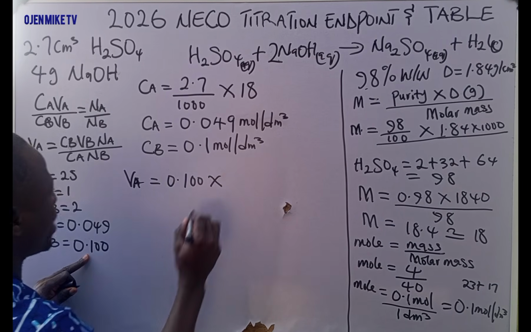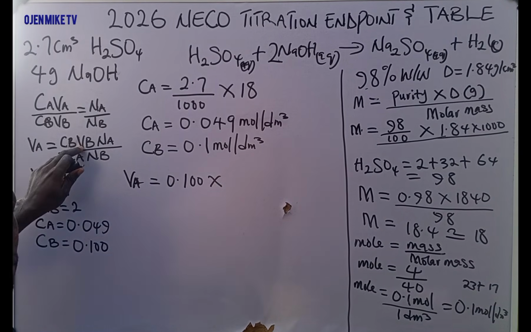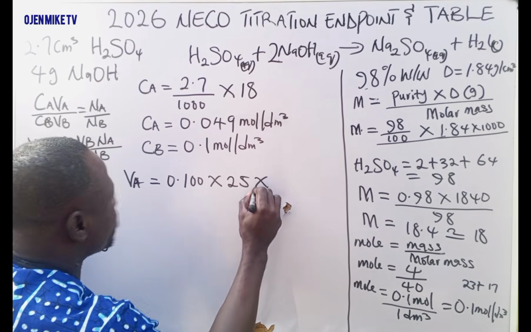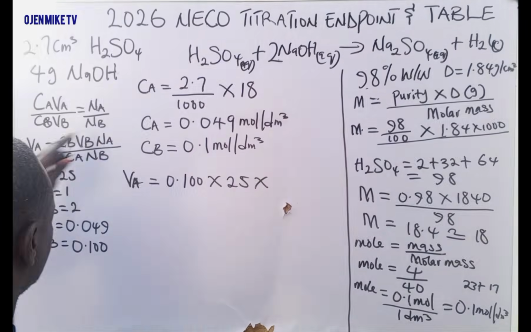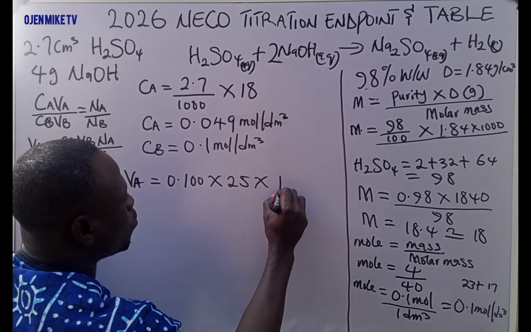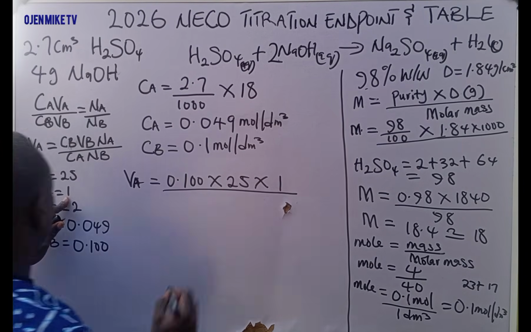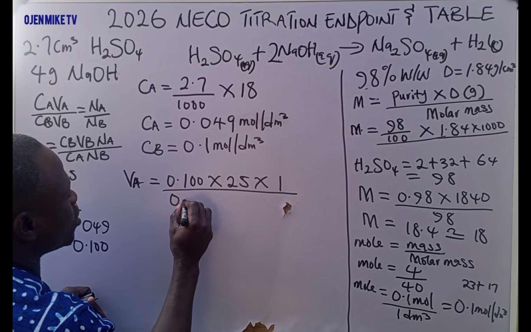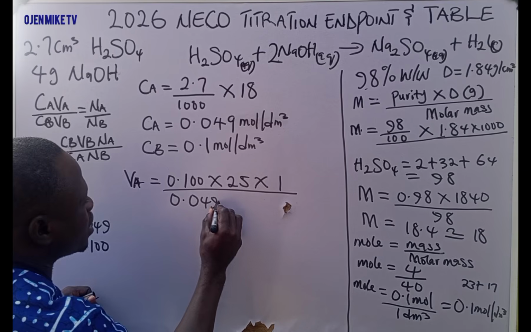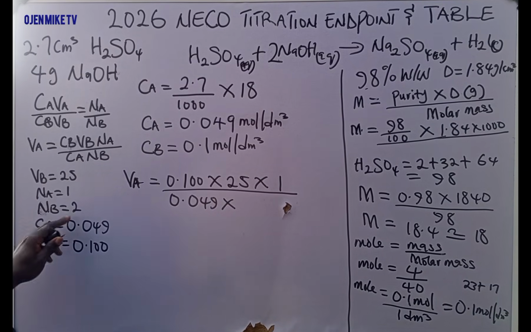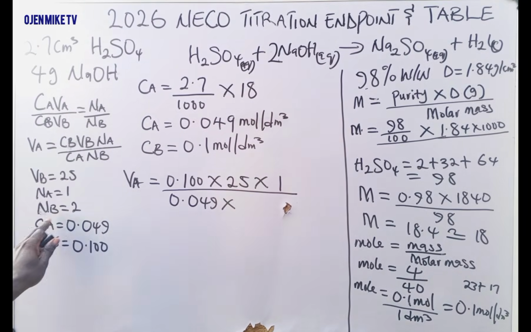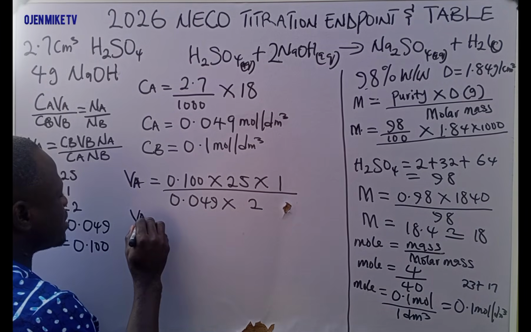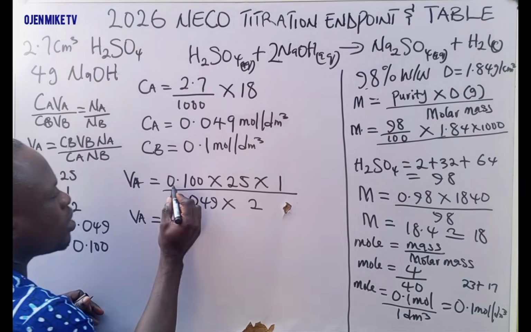0.100 multiplied by the concentration, volume of base is what? 25, multiplied by, what is your mole ratio of acid? Mole ratio of acid is 1, divided by, what is the concentration of acid? Concentration of acid is what? 0.049, multiplied by, what is your mole ratio of base? Mole ratio of base is what? 2, multiplied by 2. Volume of acid now is equal to, if we multiply this one, we are going to have